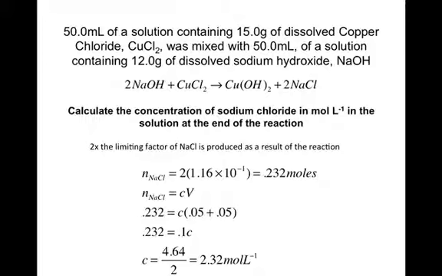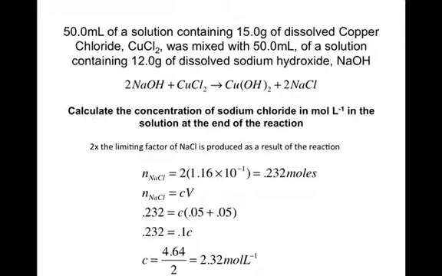So now we're asked to calculate the concentration of sodium chloride in moles per litre in the solution at the end of the reaction. Now, if we look at the mole ratio, we can see that the stoichiometry coefficient for the copper chloride is 1, and the stoichiometry coefficient for the sodium chloride is 2. As a result, we can say 2 times the limiting factor of NaCl is produced from this reaction. Again, it's essentially just looking at a simple mole ratio, considering what is formed, what is actually used, and what's produced. So from this, we can work out the number of moles of NaCl formed, and the number of moles is simply going to be 2 lots of the number of moles of the limiting reagent, and we're going to get 0.2